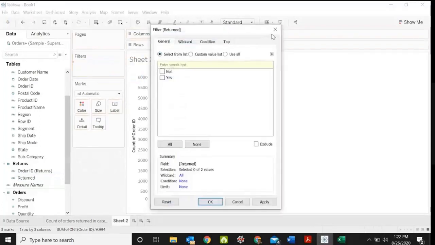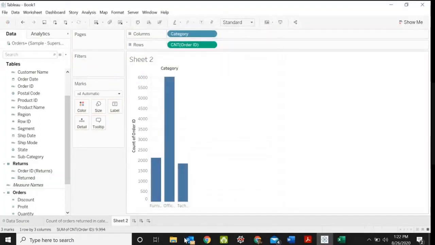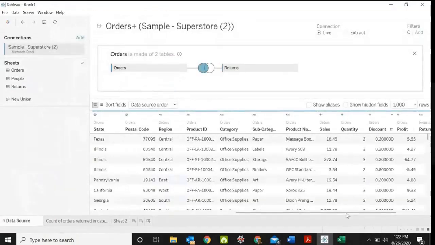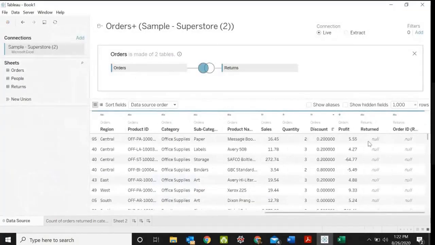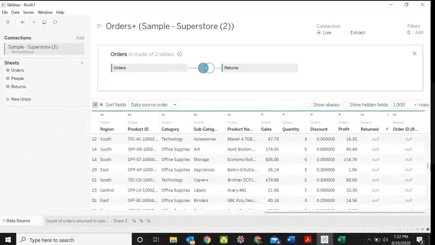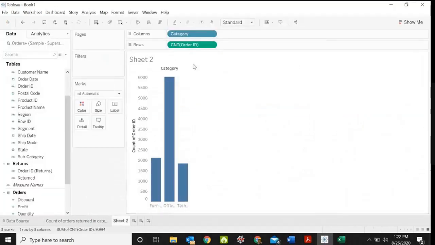Your count of order ID will include all the order IDs, so it will include the information regarding returned or not returned. Null values stand for not returned, and yes stands for returned. So the order ID in the orders table will have both returned and not returned values.